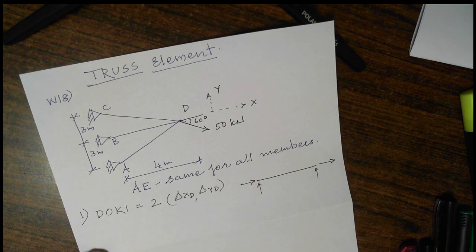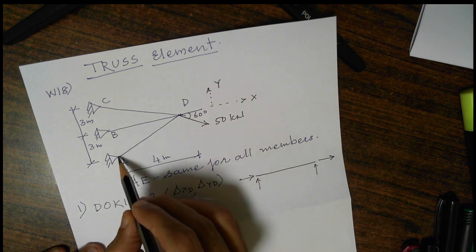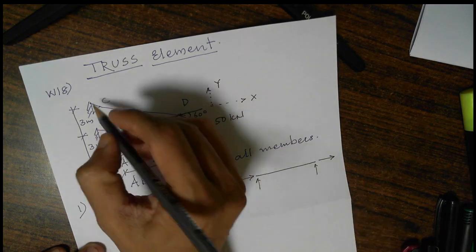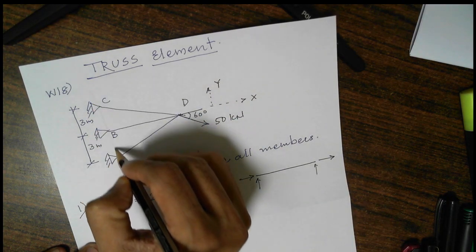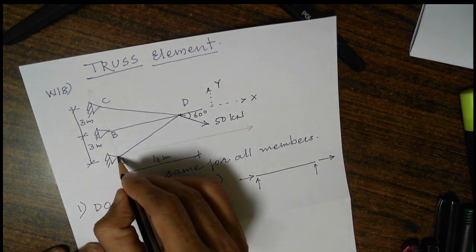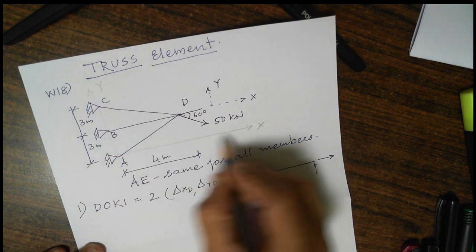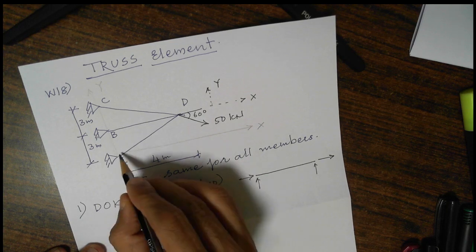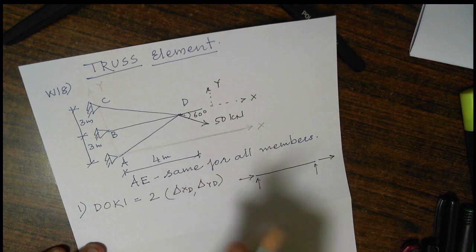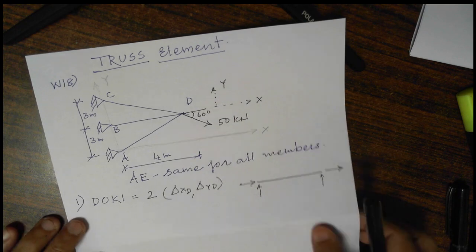Now my friends, I know I have to write joint data, and for joint data I must keep all this structure in the first quadrant. So all of you must have judged it right. If I consider my x-axis from A and my y-axis from A, that is, if I consider A as origin, just like this, if I consider the coordinate global x-axis and global y-axis like this, then all my structure is falling in the first quadrant and I am able to write the joint data like this.